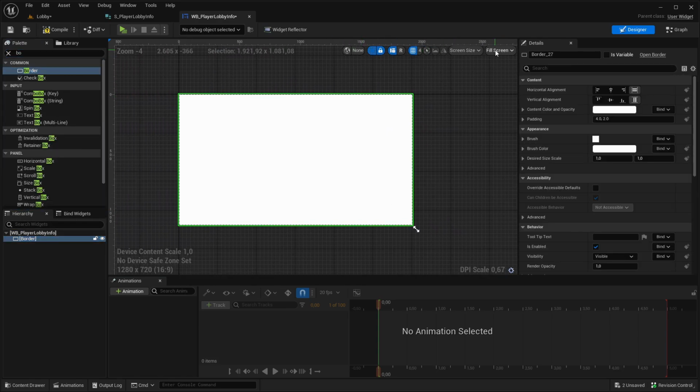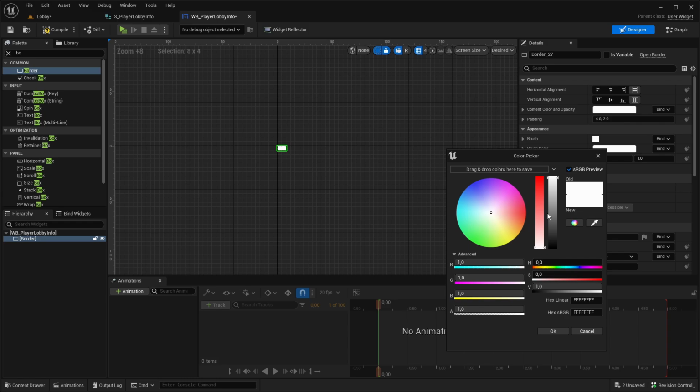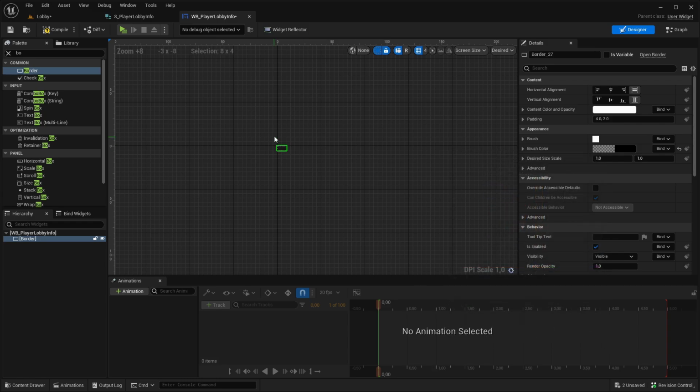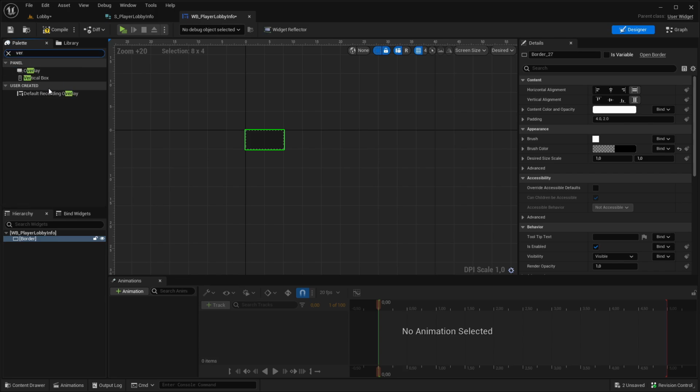And before we're doing anything here, I'm changing this from fill screen to desired. So we'll see in here how it will look in the end. And yeah, the border, so the background here, I'm setting the brush color to black and maybe an alpha of 0.3. In here, I'm adding a vertical box